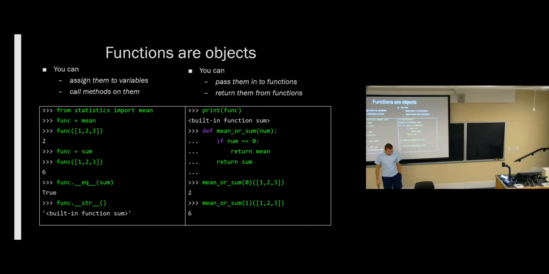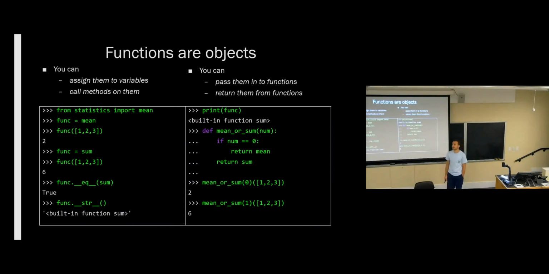So then is it possible to do like a dot copy or something? That's a great question. I don't know if you can do a dot copy on a function. But you have to remember that you don't change functions very often. Usually a function, once it's defined, is kind of almost immutable. That being said, I think you can change a function, but I really don't know if there's a copy method. That I don't know. Good question.